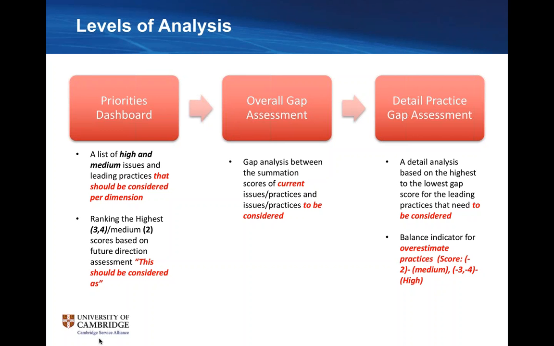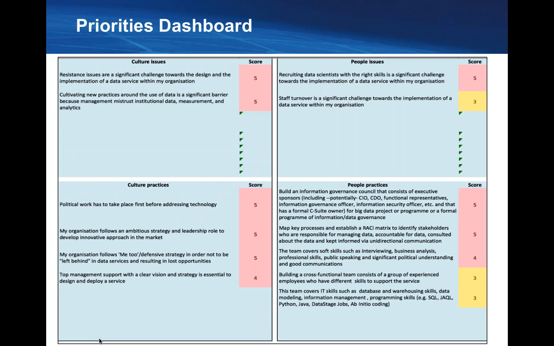So this is an example of the priorities dashboard. You can see here, for example, it's an average between all the people inside a room, for example, who did these surveys. An average score comes up to show you, we have these issues, yes, 5, 5, 4. You can see the reds start to come up and the mediums as well. And as I said, it's going to be an automatic kind of dashboard. It's going to allow you to see what things you should focus on in the future.